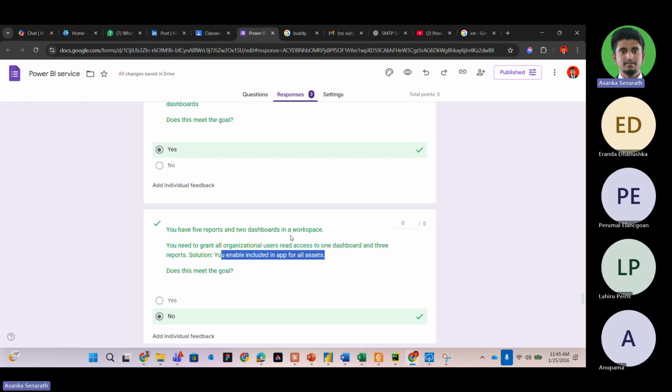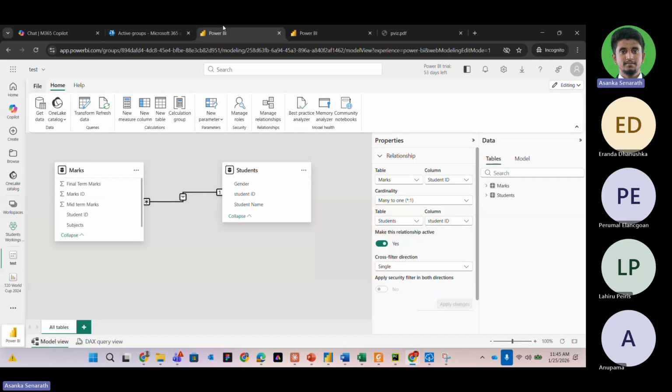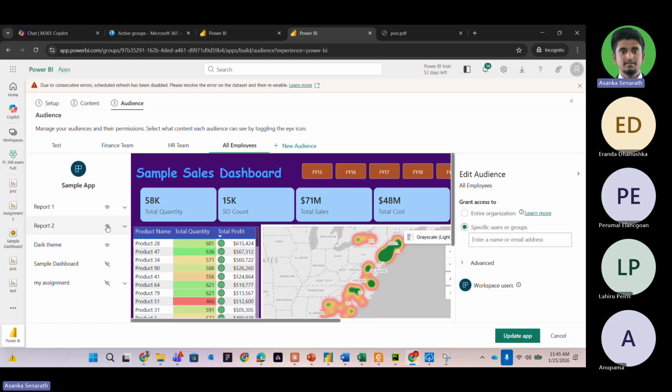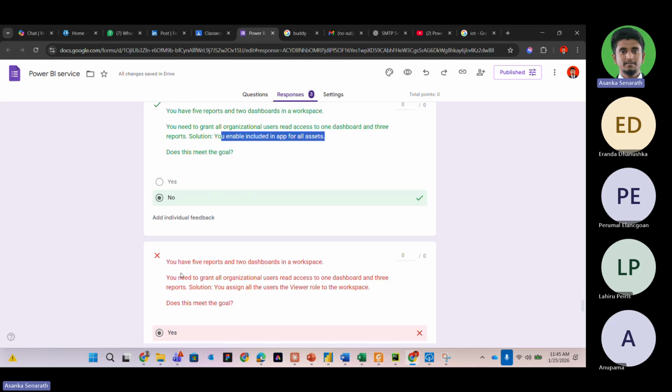If you include all the assets in the app, that means when you're creating them, you are not hiding anything, right? You are just giving all the access. So if you keep all the assets enabled, then you don't have those restrictions, right? You have to add those restrictions as well. If you do it like that, it will not serve the purpose, right? Your purpose is that they should be able to read only the relevant things. It will share with the organization, but it will not hide those things that need to be hidden, right? So this is not the correct answer. I mean, the answer for this one is no.